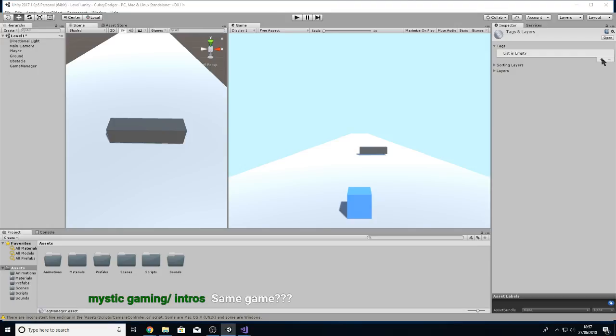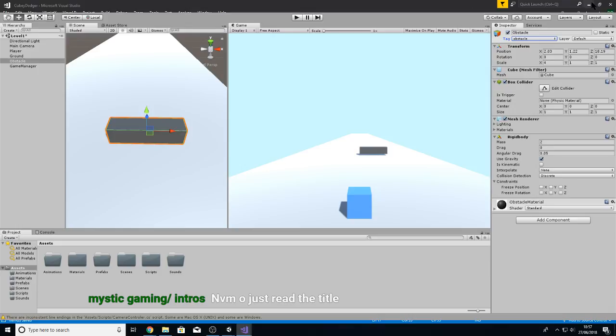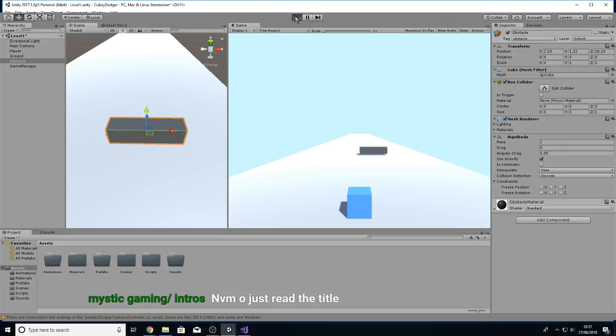Obstacle. Okay, so that's going to have a tag of obstacles. If I click on the obstacle again, give it that tag. Let's make sure I did that correct in the code. I think it's the same, isn't it? Yeah, that's fine. Let's give it a go and see whether we get that tag done and we get some